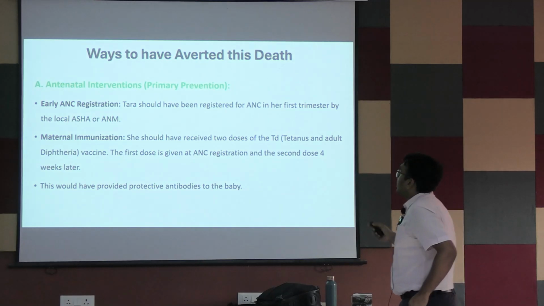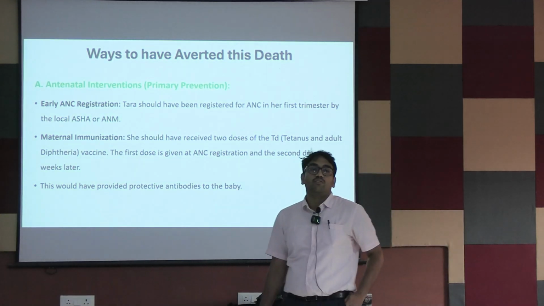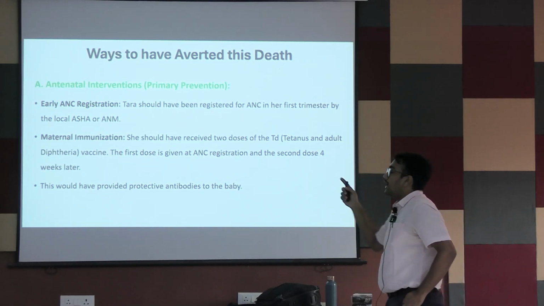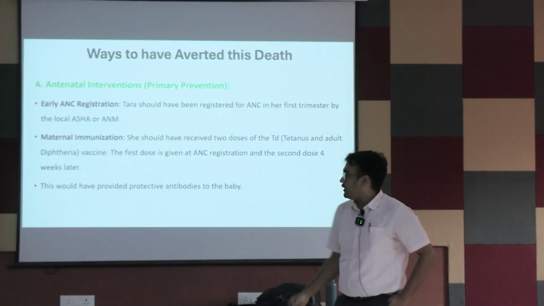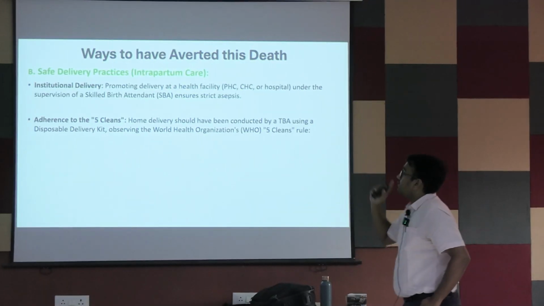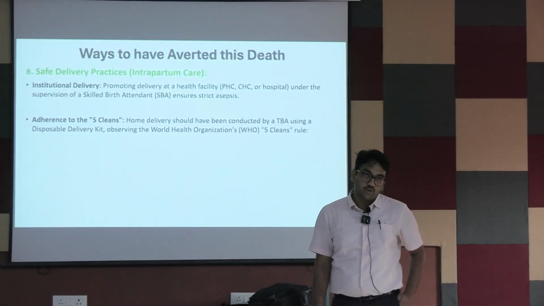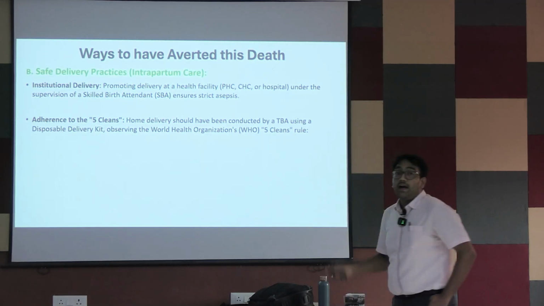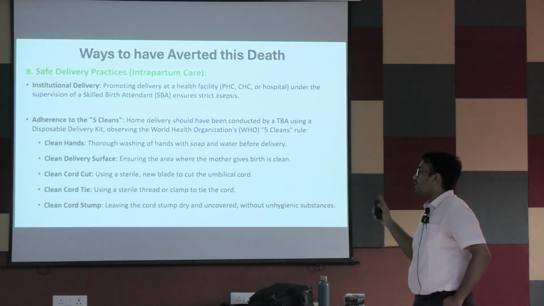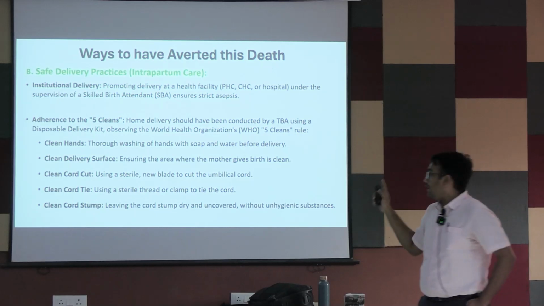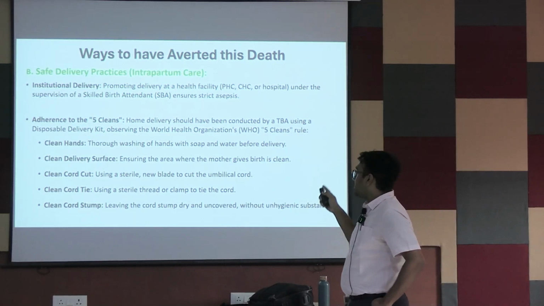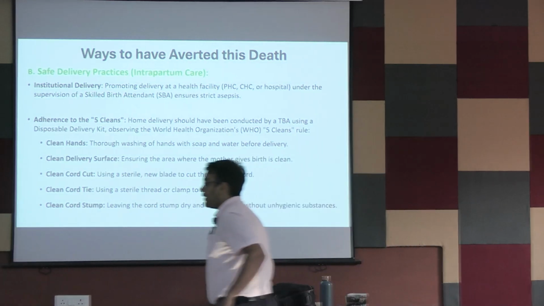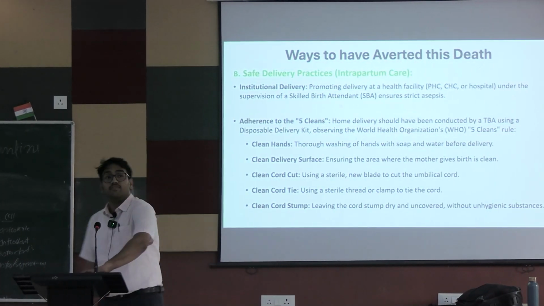So next is, what are the ways to have averted this death? First and foremost is antenatal checkups, isn't it? Getting the pregnancy registered and getting the maternal immunization done. Next, safe delivery practices. So institutional delivery should have been done, attended by a skilled birth attendant. Along with that, adherence to the 5 C's. So what are the 5 C's? Clean hands, clean delivery service, clean cord cut, clean cord tie, and clean cord stump. So these are the 5 C's of